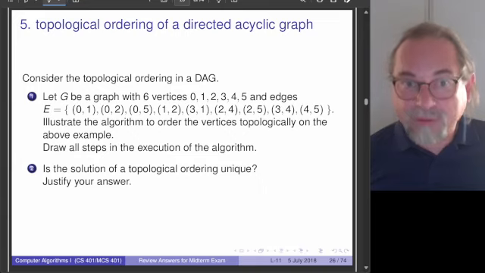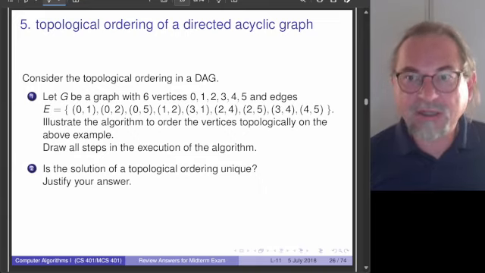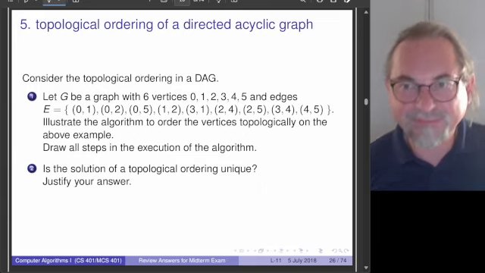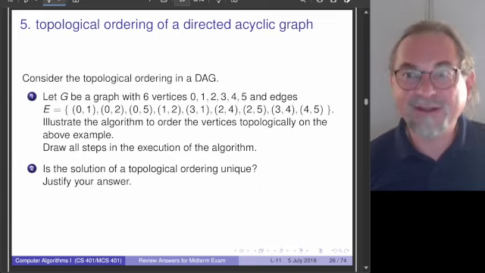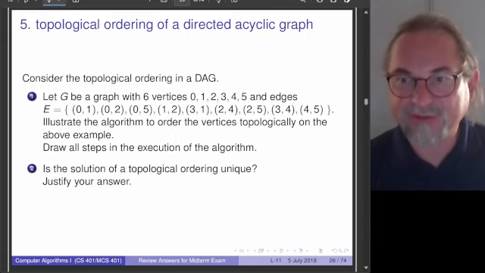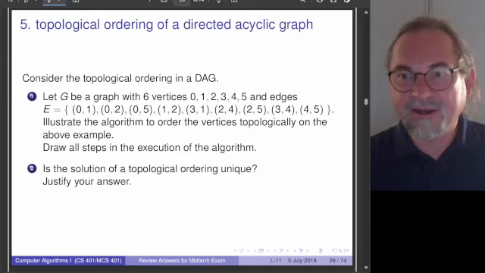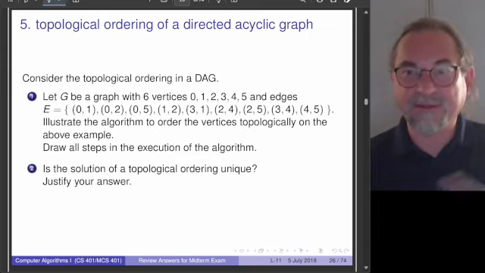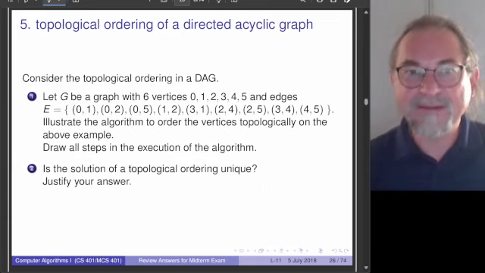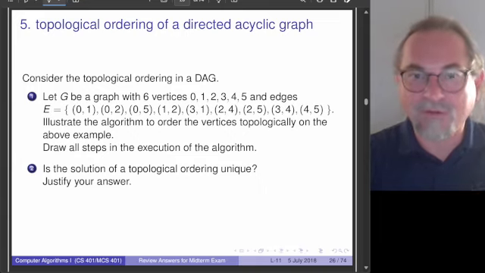Is the topological ordering unique? And you could say, in some sense, when I run an algorithm, as we remembered from the very first start, an algorithm is a sequence of instructions that is unambiguous and that can be executed, and it is finite in number. Of course, we have a unique answer, but that doesn't mean that the algorithm may compute one of the